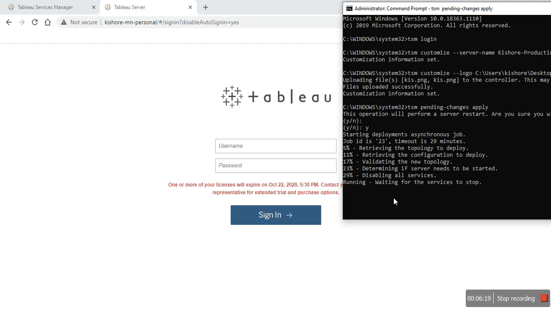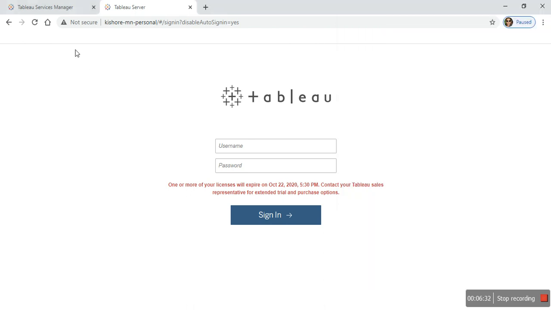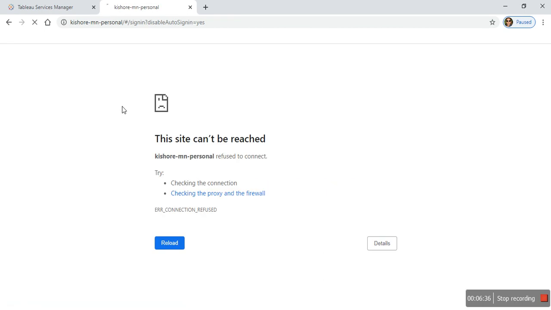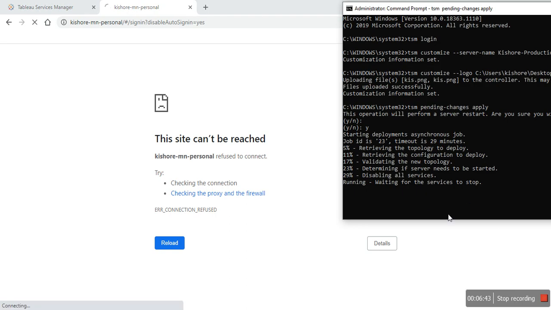First it will stop the services, then it will override the customization changes in the configuration files, then it will restart the services. Currently the server portal is accessible. Let me refresh. Okay, our server portal has stopped, which means services are stopping now.